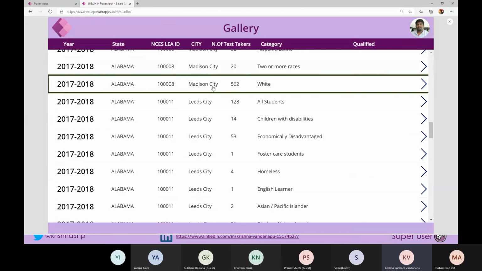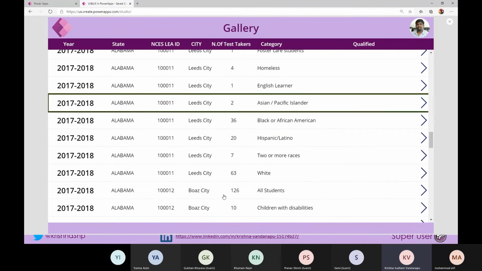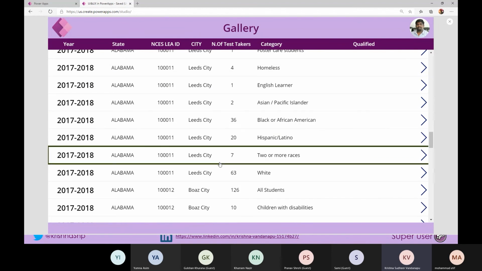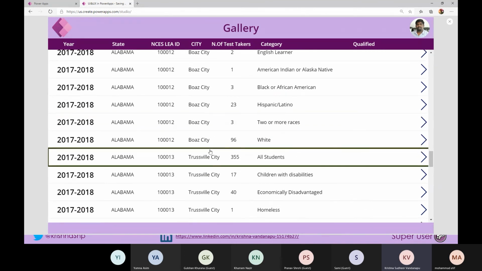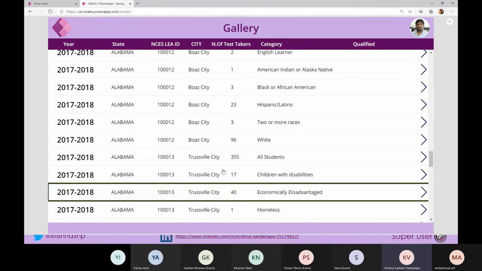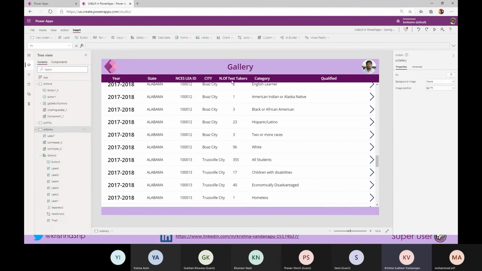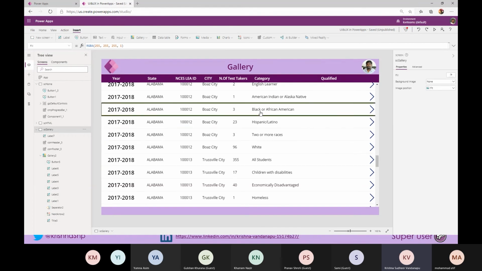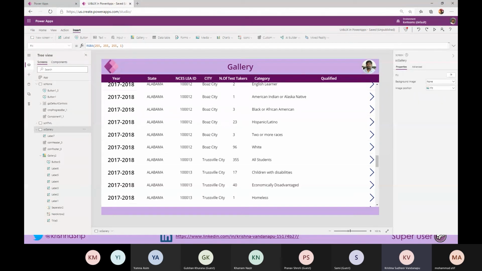But in Power Apps, there is no out of the box control, but we can tweak that by adding a button as part of my gallery, enabling the borders and changing the fill color, so that the user will know which row they are exactly navigating onto. That will help the user understand very easily which row they will be navigating onto.